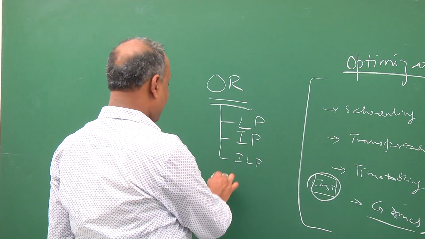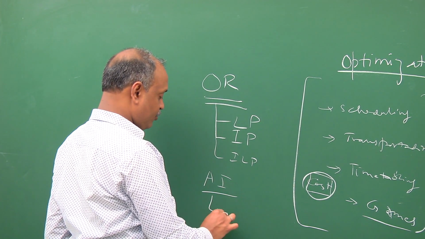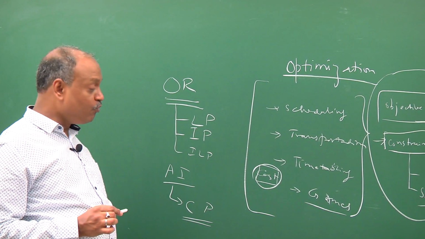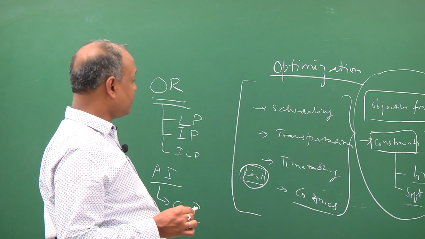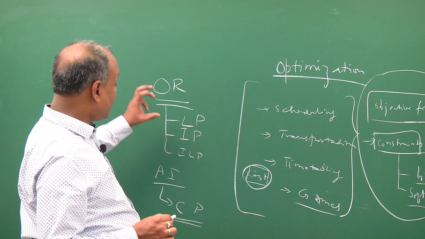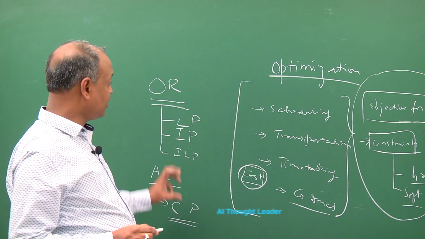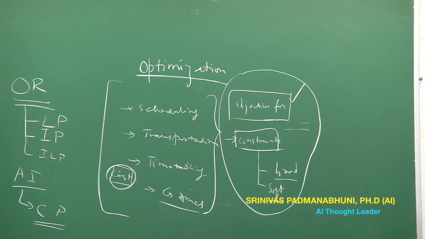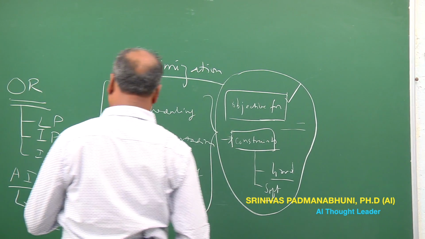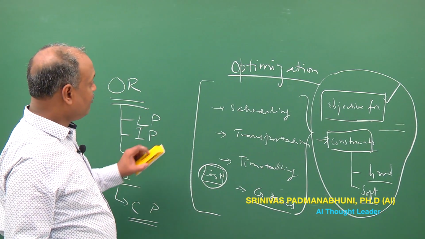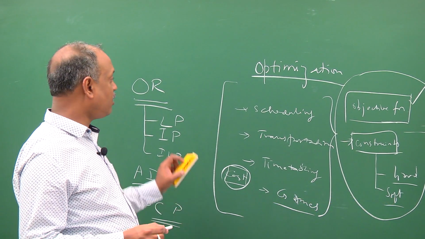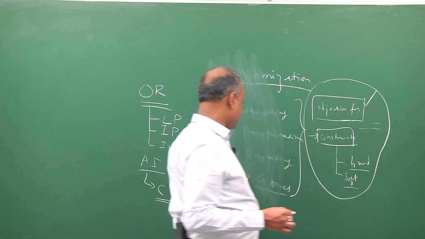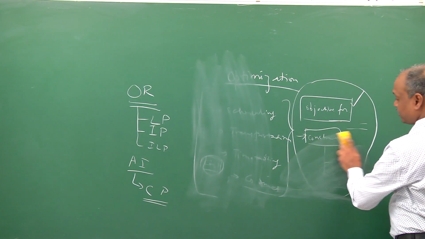But where AI has come into play is by introducing a new paradigm called constraint programming, which has proved to be orders of magnitude better in terms of optimization possible compared with conventional OR techniques. So what exactly is meant by a constraint program? Constraint programming is basically a set of techniques which use the notions of what we call backtracking and constraint satisfaction in combination.